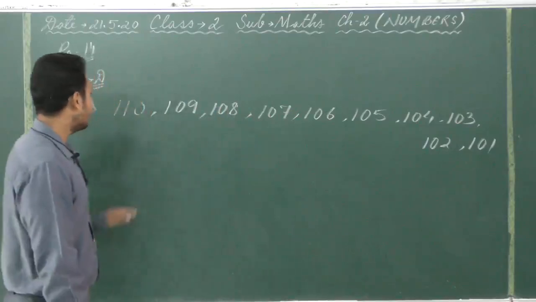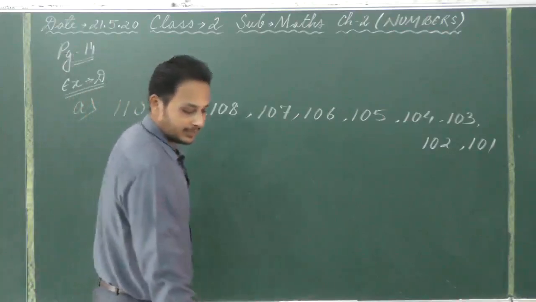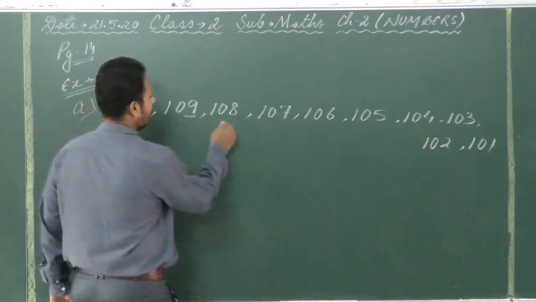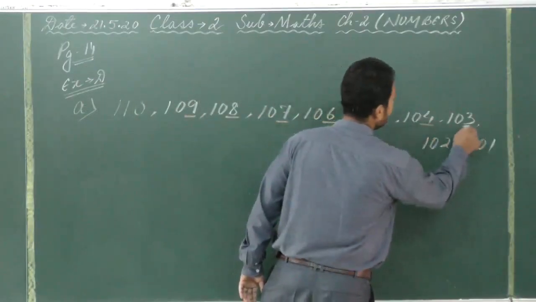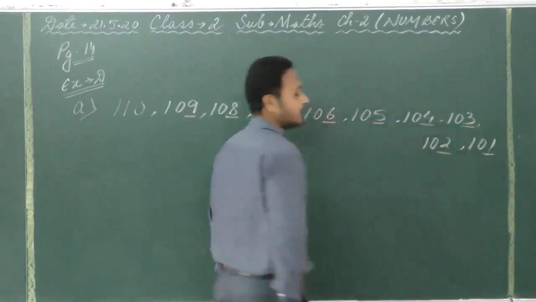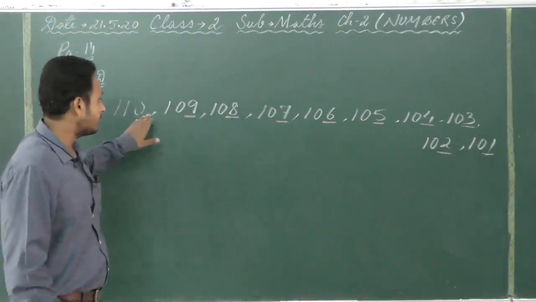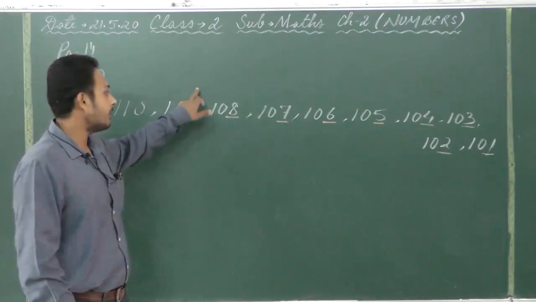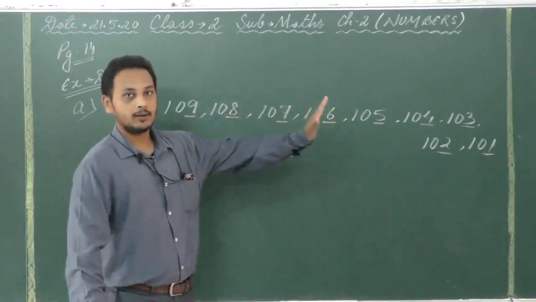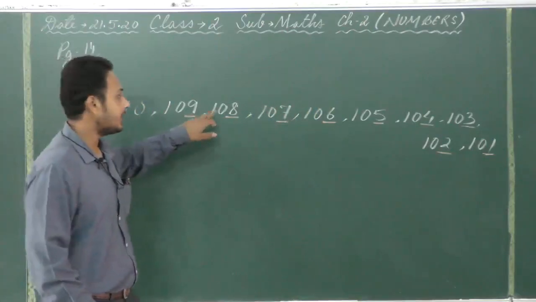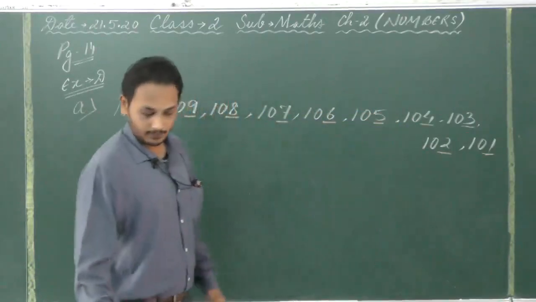Now pay attention over here. When you're changing the numbers, you will change the numbers that are in the ones place. As you can look here on the board, the numbers that I have changed, all the numbers are changed according to the place. Which place? Ones place. Okay, see here we have 10. Before 10 we get 9. So we are changing the number over here only in the ones place, 9. The first two numbers are same, 10, 10, 10, 10 and so on. But you see the last numbers, they are changed, 9, 8, 7, 6, 5, 4, 3, 2, 1. Okay?